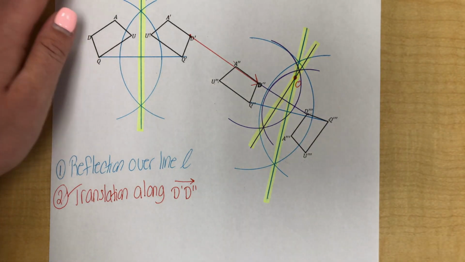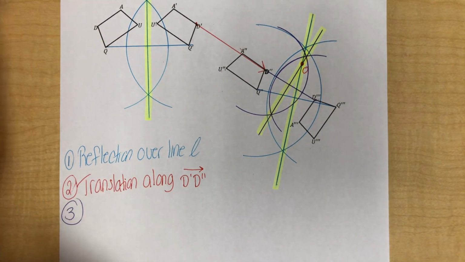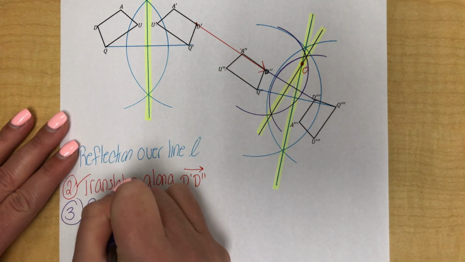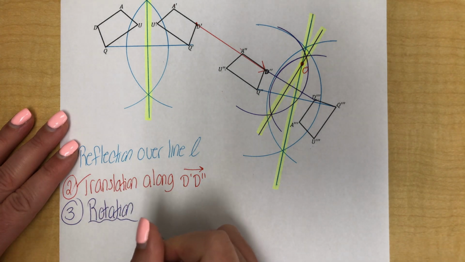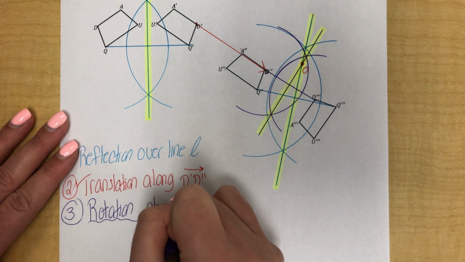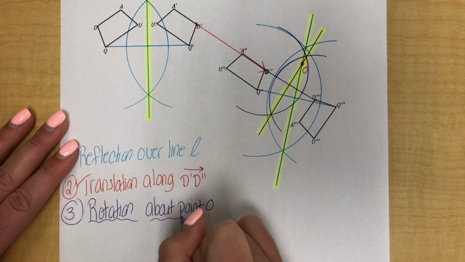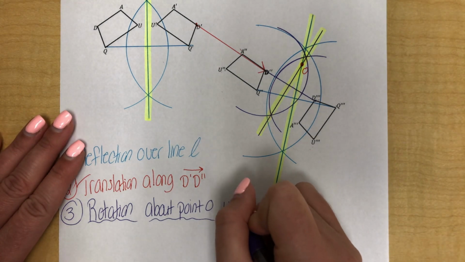And then last but not least, I am going to write down or describe that rigid motion. So we said it's going to be a rotation. That's my rigid motion. I have to say where I'm rotating. So I'm rotating about point O. I just labeled it. And then I also have to describe where I'm rotating until. I want to rotate A until I reach where, all right? So again, I'm going to rotate until